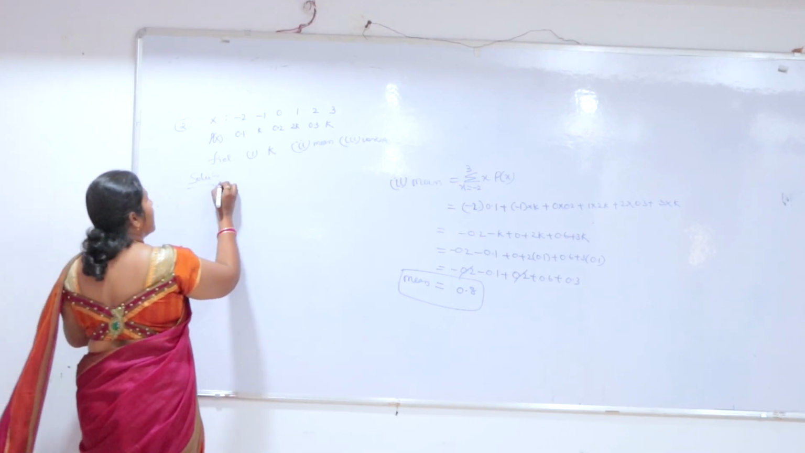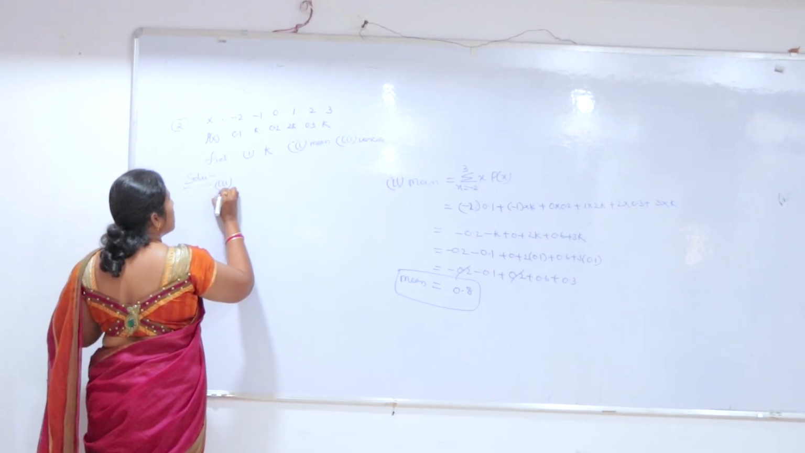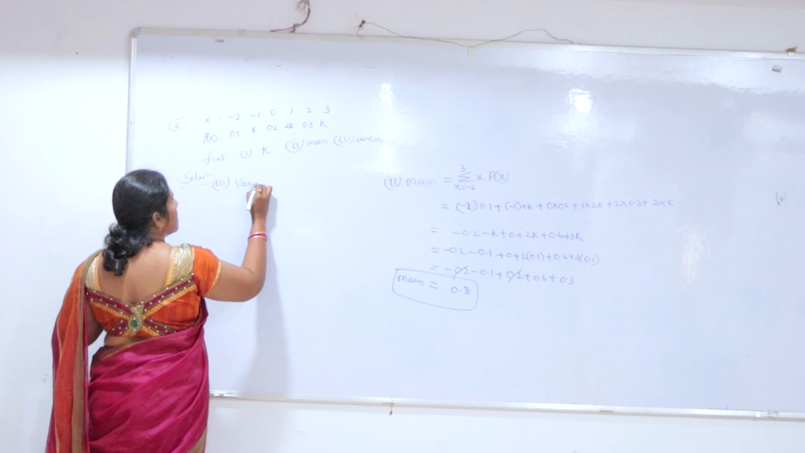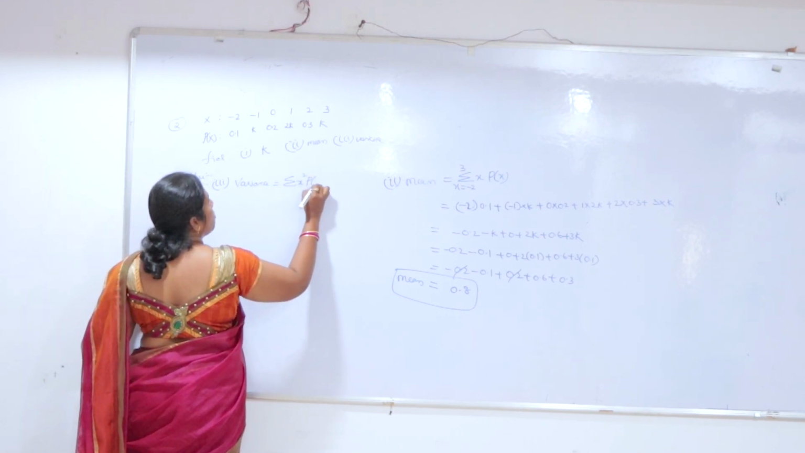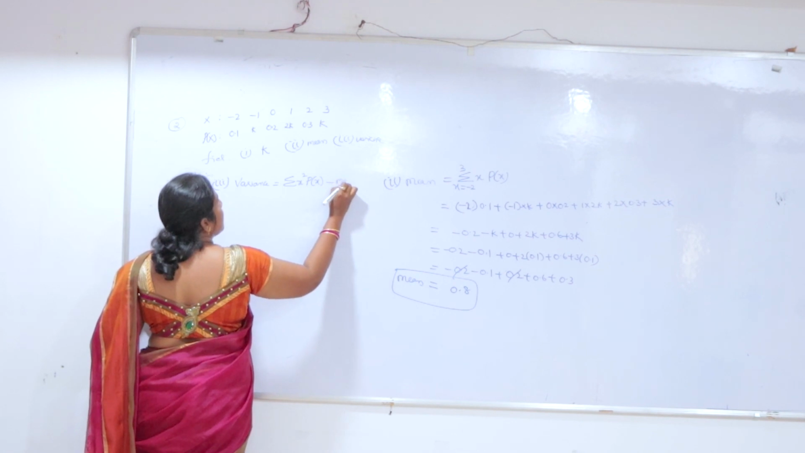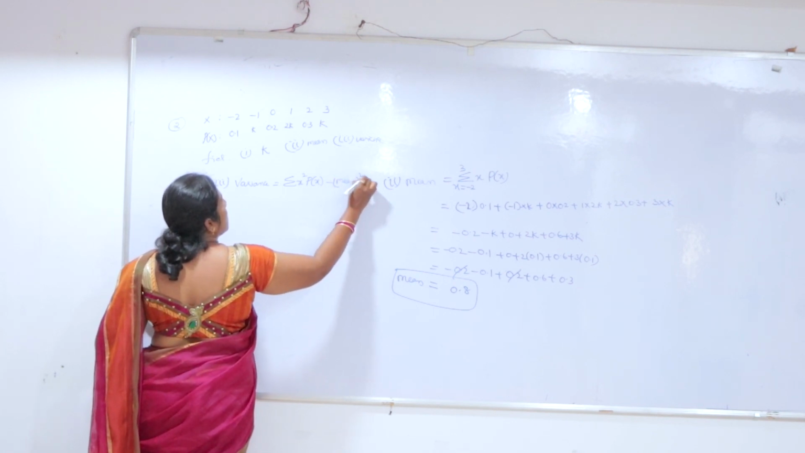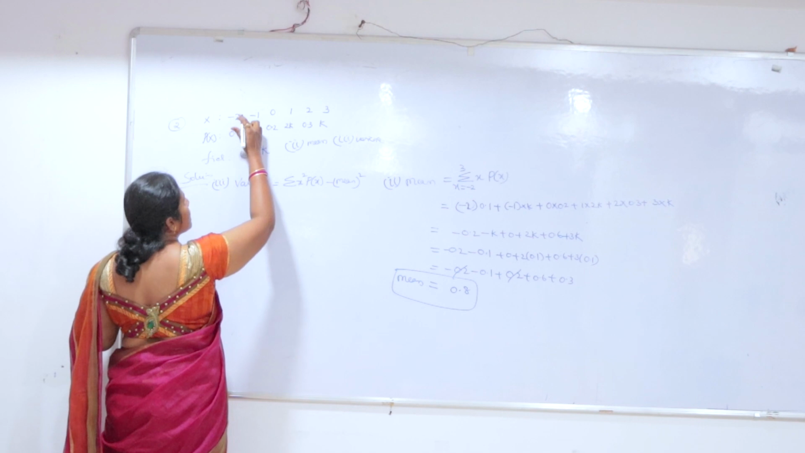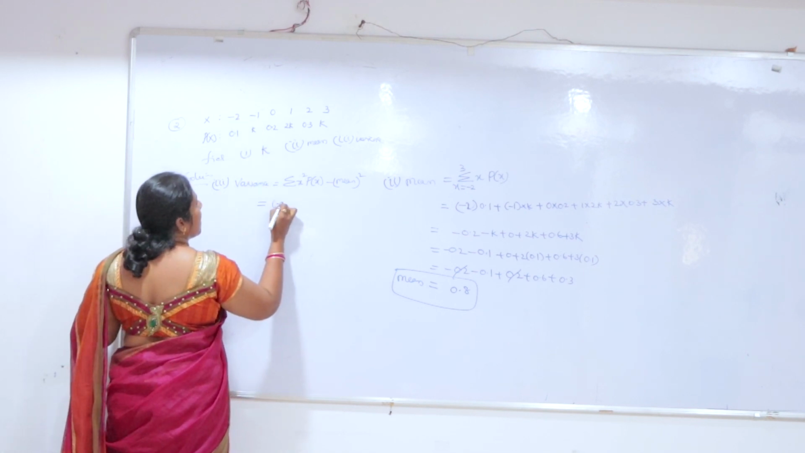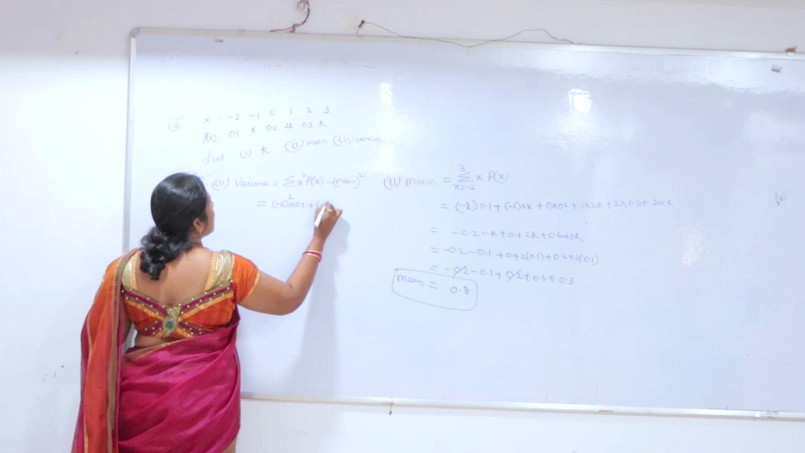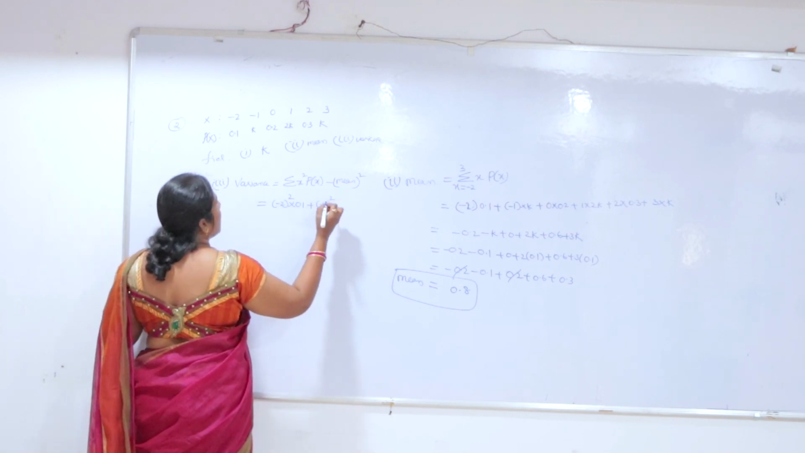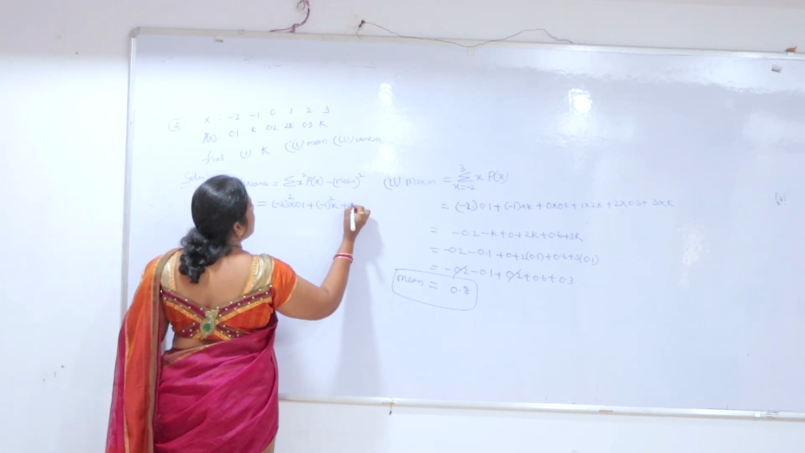We'll calculate variance, the third bit. So what is the formula for variance? Variance is nothing but summation x square into p of x minus mean whole square, which is nothing but x square into p of x: minus 2 whole square into 0.1 plus minus 1 whole square into k plus 1 into 1 square into 2k